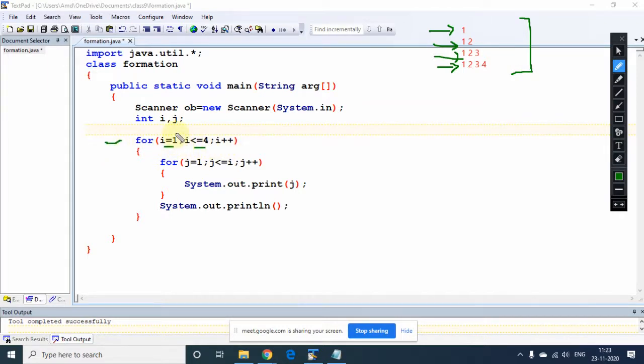And now when the starting point is smaller and the last point is bigger, always we are supposed to use I++. As I told you, this loop can start from 4 to 1 also, like I equals 4, I is greater than or equal to 1, and I--. But at the same time I told you that this is a supporting loop for the printing. As you can see here, the printing every time starts from 1, then 1 2, then 1 2 3, then 1 2 3 4.